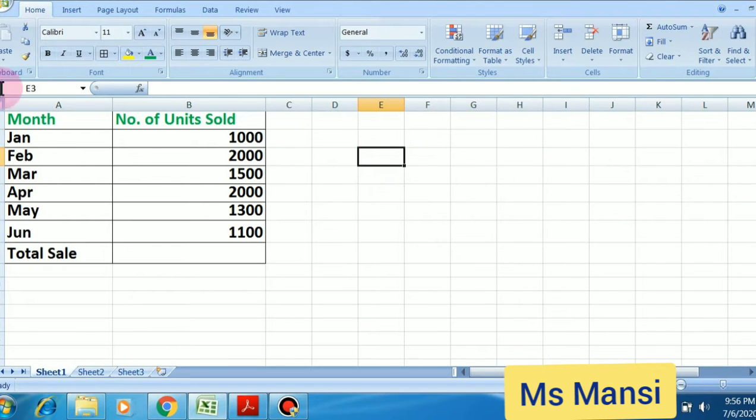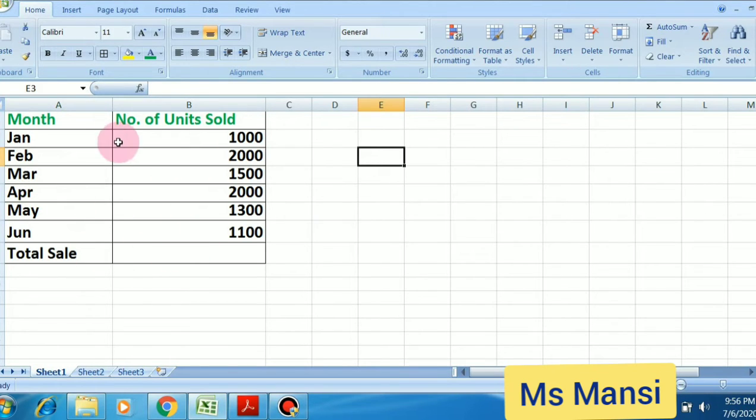The cell name is also written here in the name box. For checking, you can check E3.